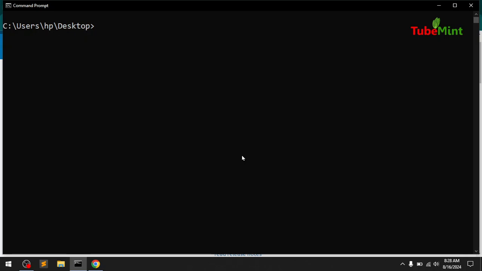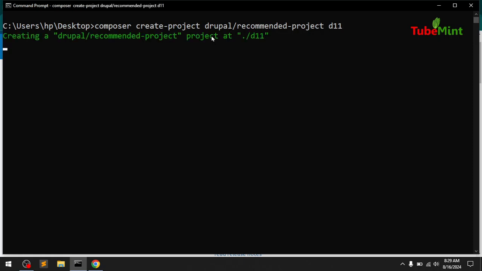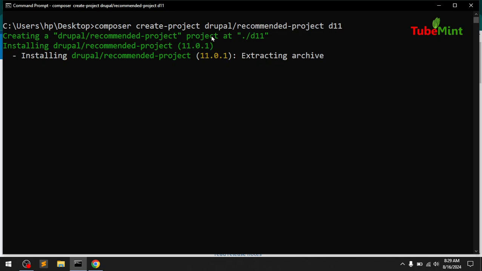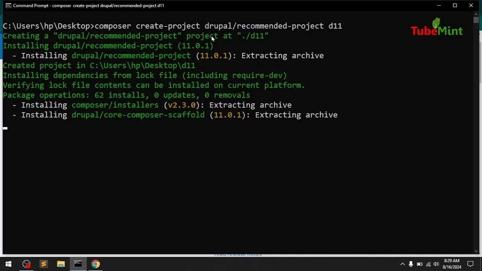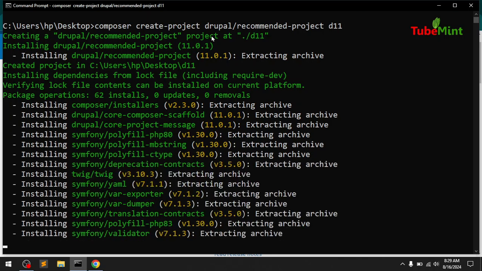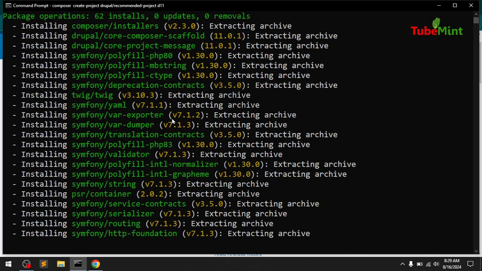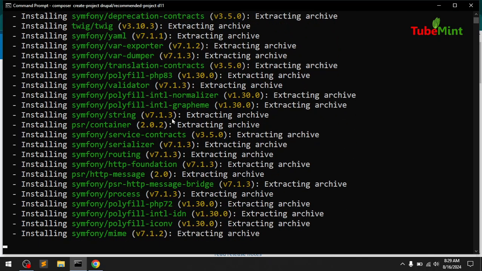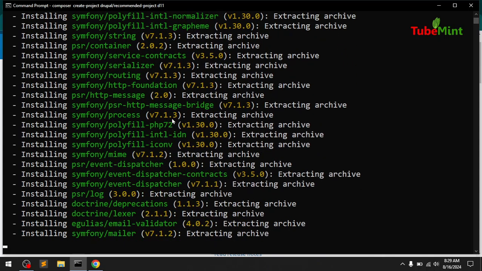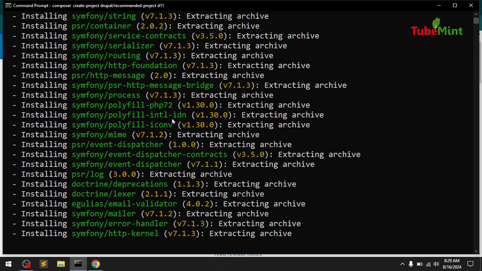Now let's go ahead and run the composer command. So I'm going to say d11, and this is going to be on my desktop. So composer create-project drupal/recommended-project, the folder name. So d11, it's going to be created on my desktop, and this is basically going to do everything for us. It's going to install required packages using Composer, set it up, that means install it, and then we will be able to run the server using this terminal command prompt,